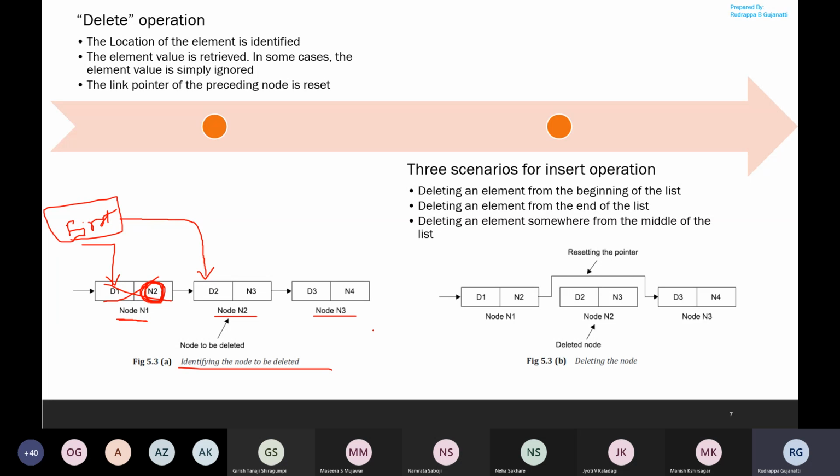Now what about the last node? If I have to delete this last node, there is a last field which we have discussed. That is a special pointer, termed last, which points to the last element present in the linked list. So what we do is we update the address of this last pointer with the address of the node immediately before it, that is, its predecessor. So we point to node 2 in this case. So these are the 3 scenarios we look at when deleting an element from the linked list.